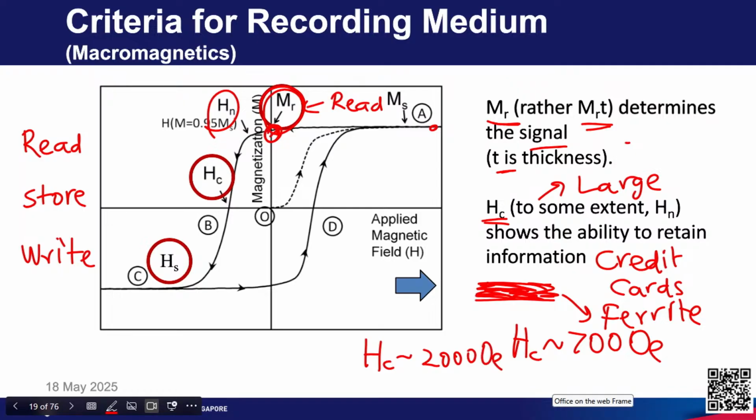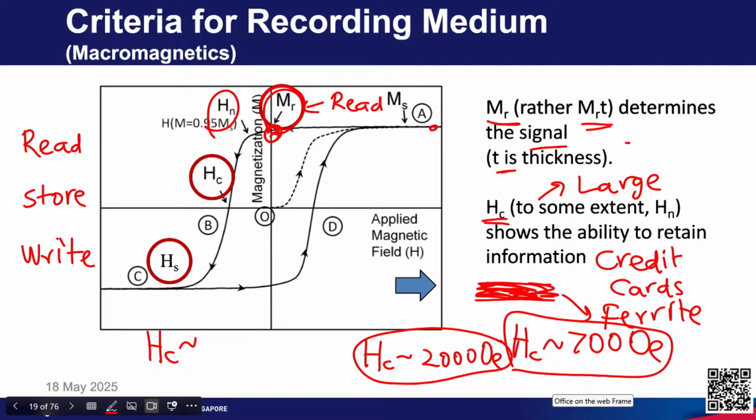Suppose I place a credit card in my pocket along with one of these magnets, then it is going to erase the information. So, I can say this coercivity is not large enough to retain information. On the other hand, you take any contemporary hard disk drive, you buy a hard disk drive, the coercivity of the material in your hard disk drive,